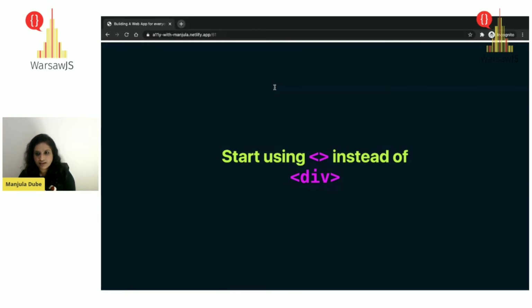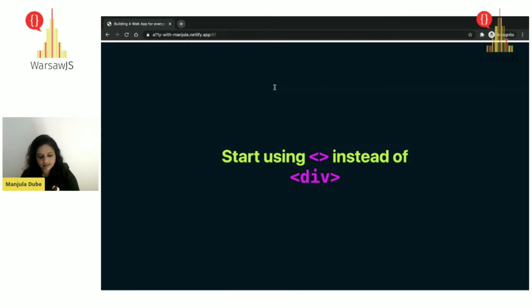Just using a div, we all started with this in previous versions, since you cannot return two adjacent children from your render method. And that's how we used to wrap it around a div. But that's not a good idea. Wrap it with a fragment, because a fragment is not like another element in your DOM.